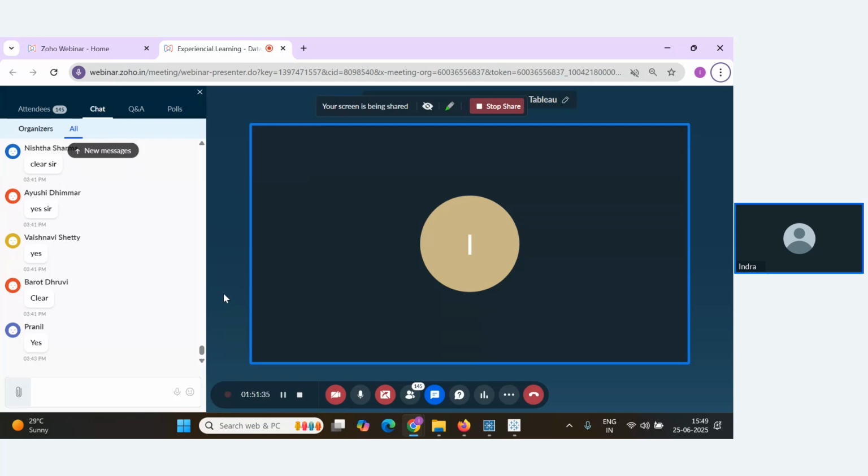And at the last, we'll see how to publish our work on the Tableau Public page. Okay. So Tableau Public is basically a global page where you can publish your work, from where you can use your embedded codes in any specific web pages. All right. So this is the overall flow.